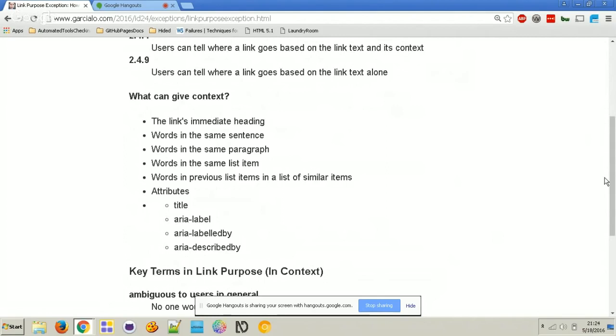The read more makes a little more sense. So we could have a paragraph of information and a heading above it that's a book name or something, and then a short description of the book, and then the text read more. Well, the immediate heading for that link is the book title. So that's sufficient context being provided for 2.4.4 to be satisfied.